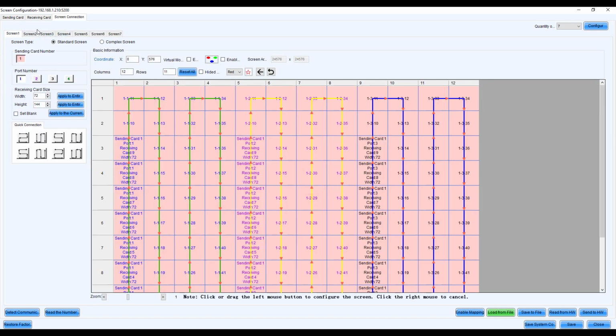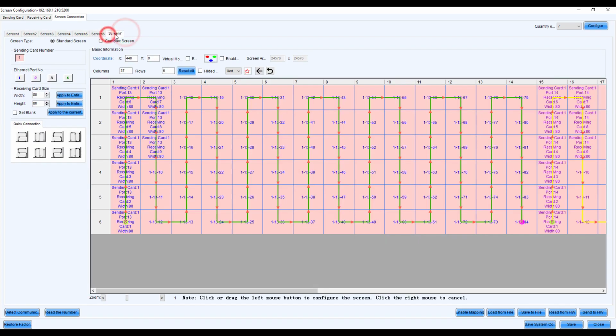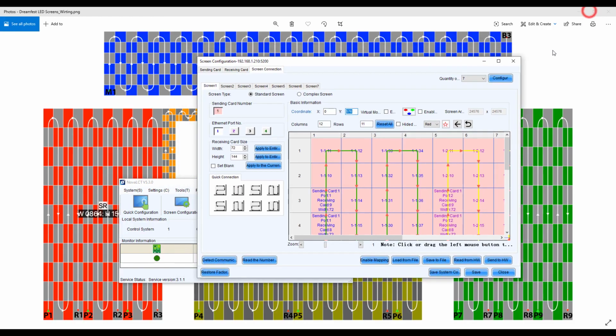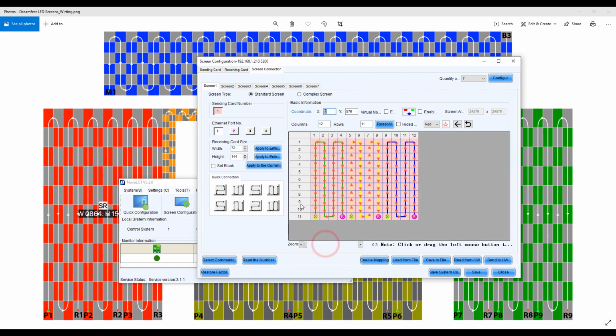So in my case, I've created 7 screens, as you can see here. The way to add multiple screens is from quantity of LED screen and click configure there. So on the first screen, I've left my coordinates at 0, 576. And if we were to zoom this out,